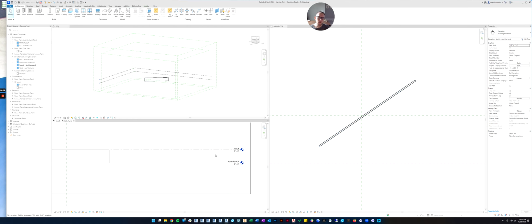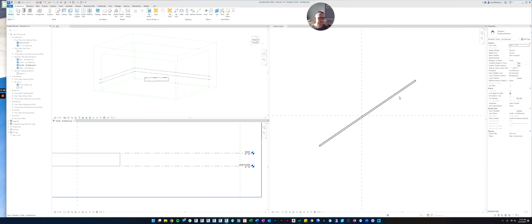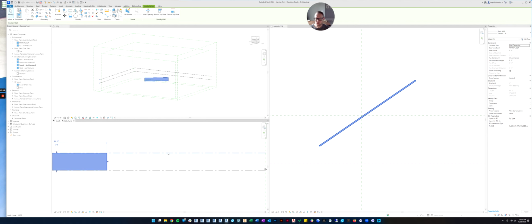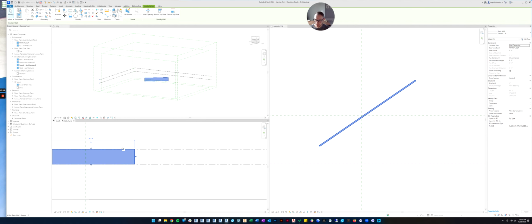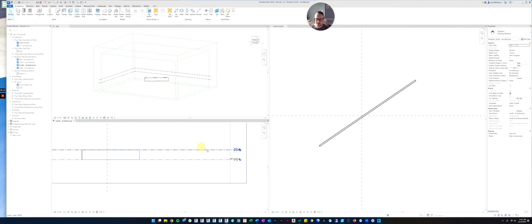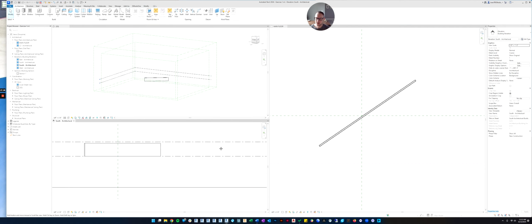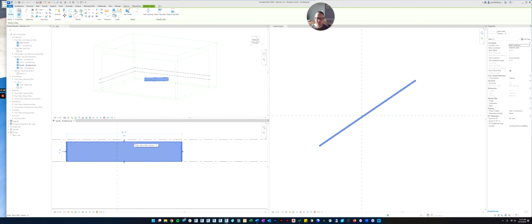You could do it that way, but I never recommend having an unconnected wall at the top if you can avoid it. Sometimes you need that. That's what you need to do. But in our case, for this exercise, that's not what we need. Let me show you what the difference is. If I go over here, it looks like it's the right height because it's at 9 feet. But if I decided later, oh, you know what? The owner really wants 10-foot ceilings. So I change the level to 10 feet for the roof. Do you see how the wall stays where it is?